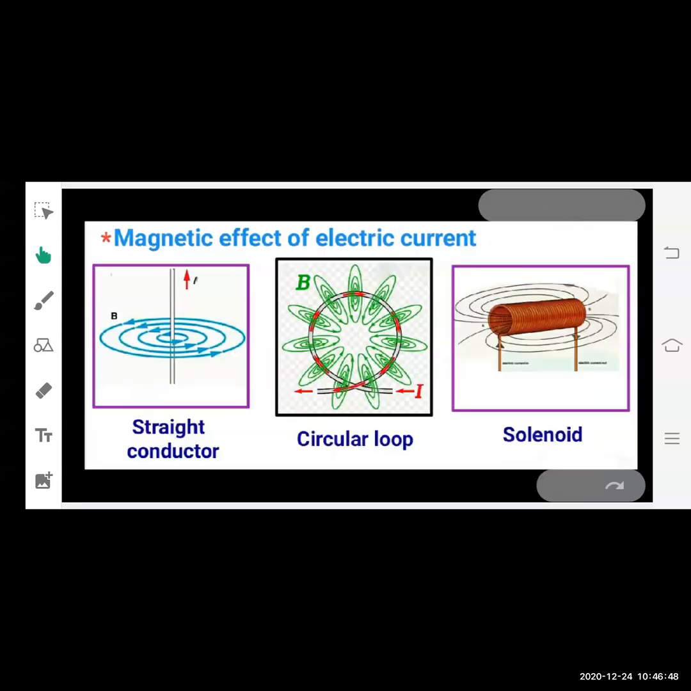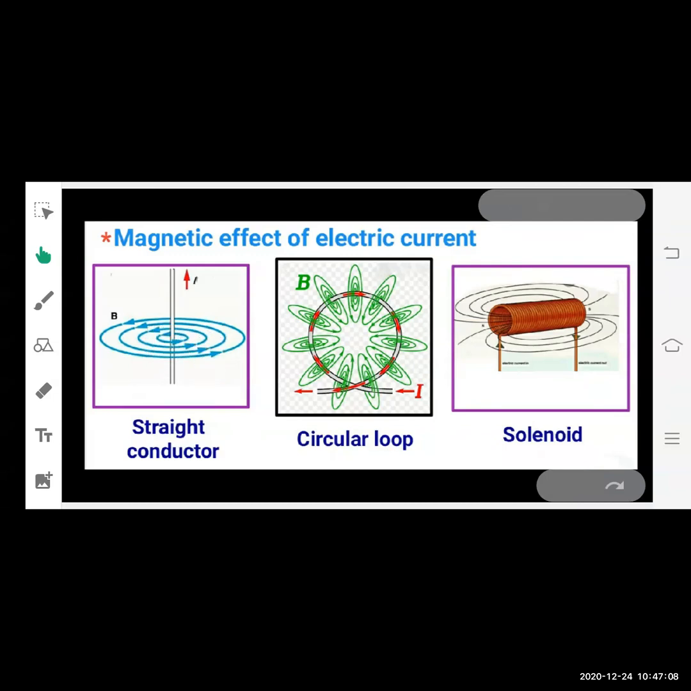In magnetic effects of electric current, we studied how a current carrying conductor of different shapes can produce magnetic field around it. We studied it yesterday. You can see a straight current carrying conductor. It develops a magnetic field around it, and all the magnetic field lines are concentric circles around the straight